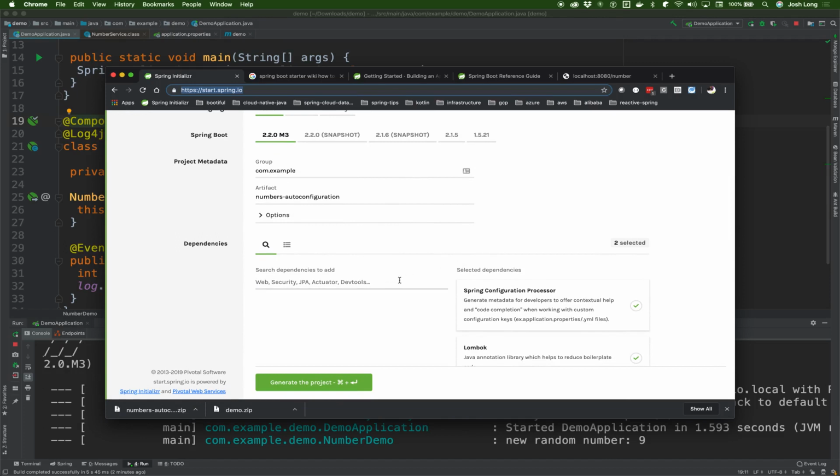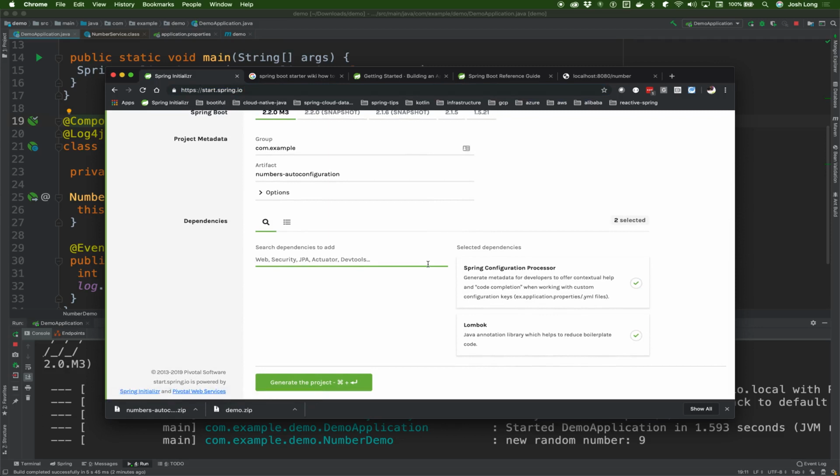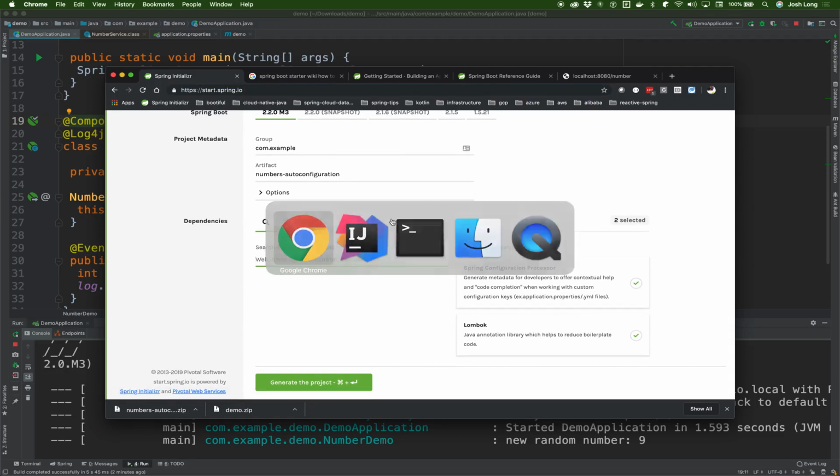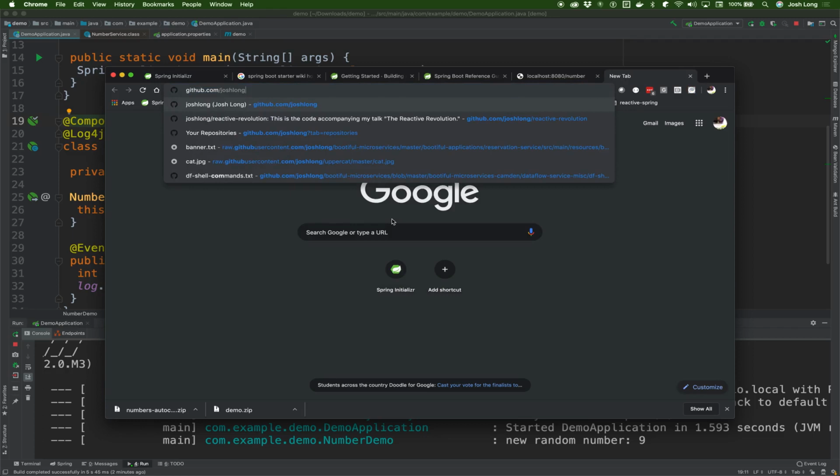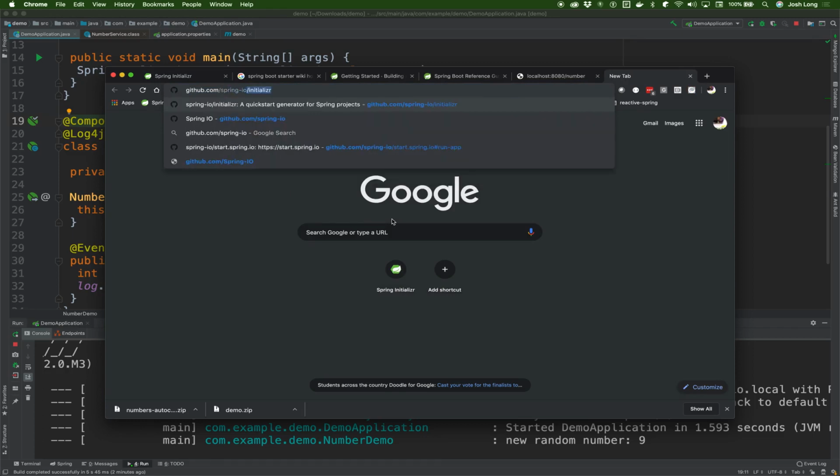But if you just want to have your own initializer for your own organization, so start.yourorganization.io, then we can do that, right? And you can do that yourself. You don't need anything special from us. So you can go to github.com/spring-io,